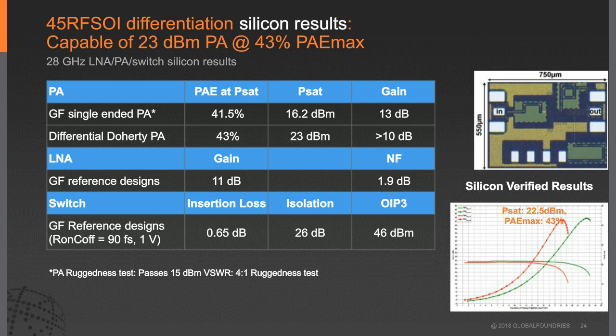For the low noise amplifier, we've been able to achieve a 1.9 dB noise figure, and we have some more work which we will demonstrate at RFIC, which will show even lower noise figure than what's shown on the slide. For the switch,